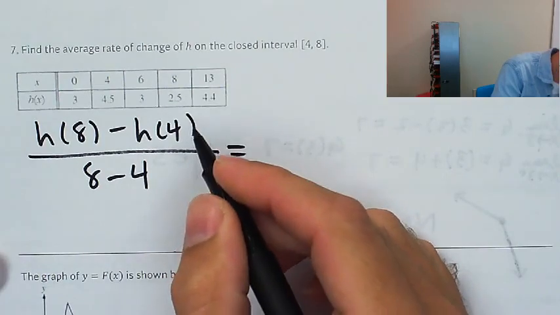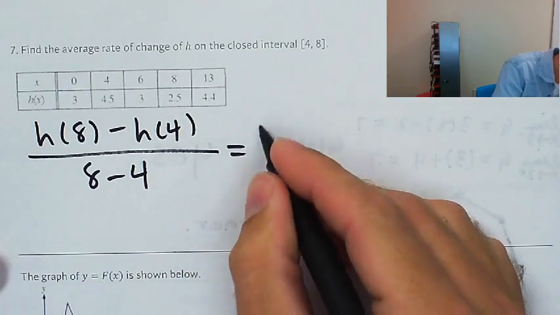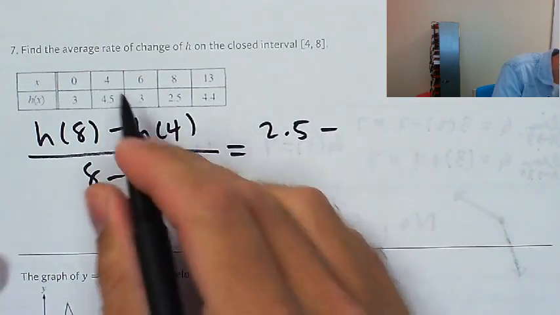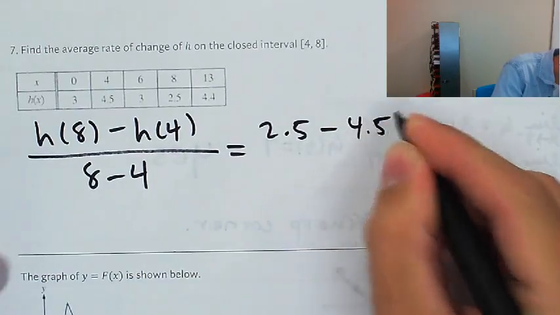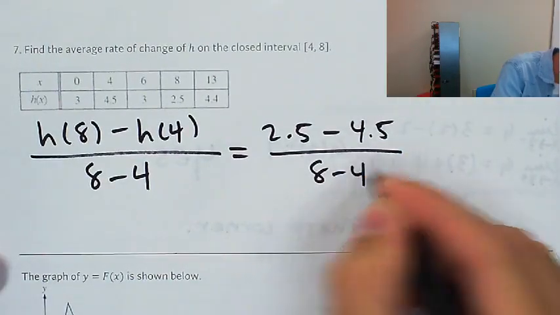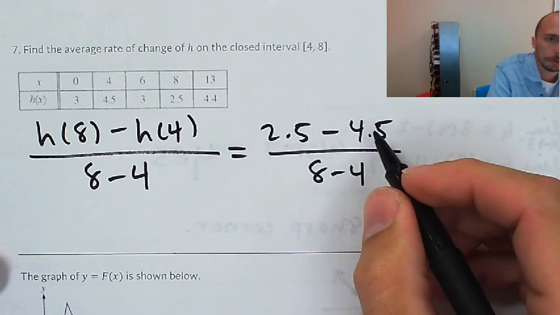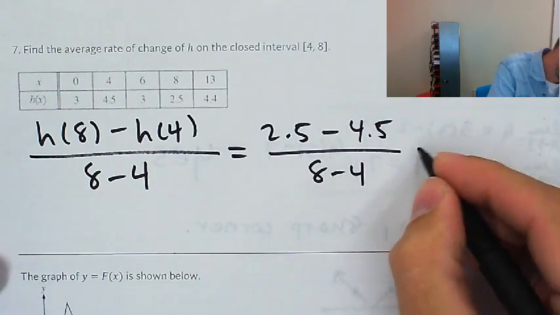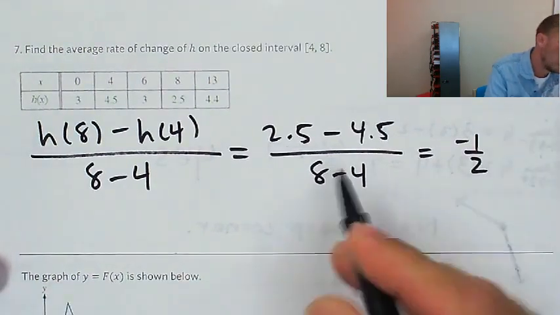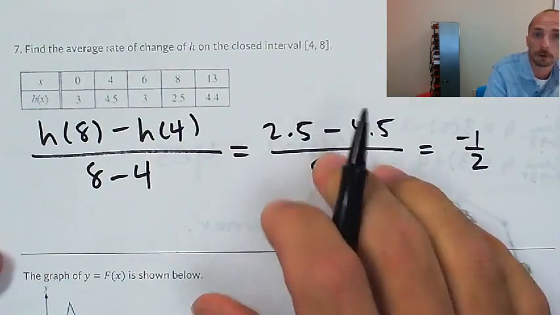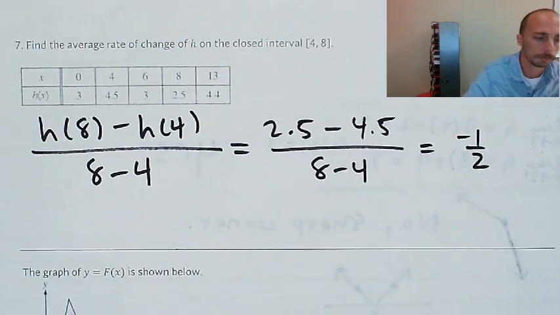And that'll be equal to, okay, 2.5 minus 4.5 divided by 8 minus 4. Okay. We could say, okay, wait, that's negative 2 divided by 4. That's negative 1/2. Okay, but this is a safe place to stop, and I would encourage you to stop here, right? Showing you that if you